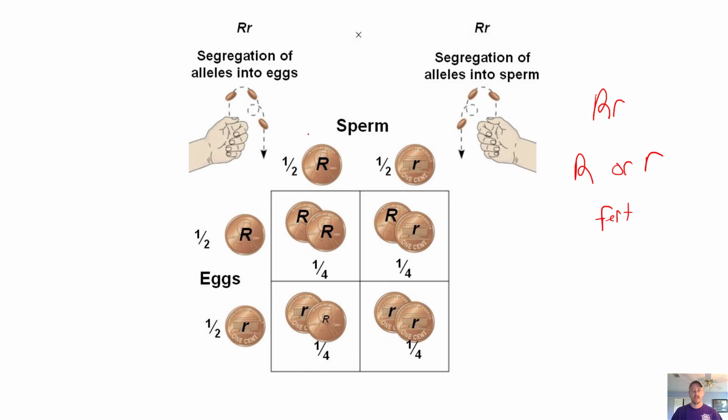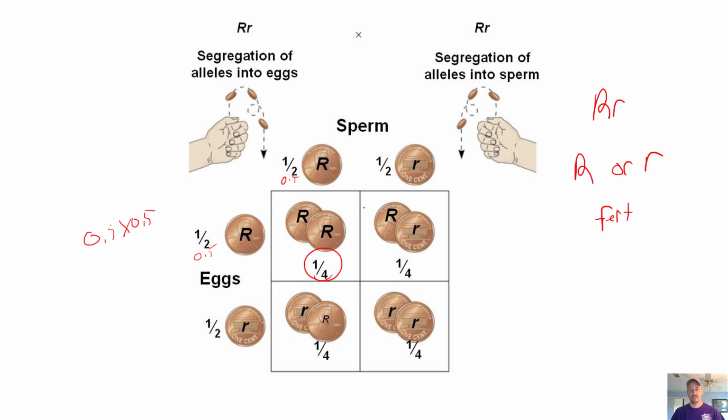So here, 50% heads, 50% tails, 50% heads, 50% tails. And then the question is, what are the odds that if you flip 2 coins at once, one will be heads and the other will be heads? That's what it's asking. What's the chances of that? And to do that, you use multiplication. You take 1/2, or 0.5, times 0.5. So 1/2 is 0.5 in decimal form. I think better in decimal than I do in fraction, but 0.5, 0.5. So the chances of getting 2 of these at once, you figure that out by taking 0.5 times 0.5. And that's